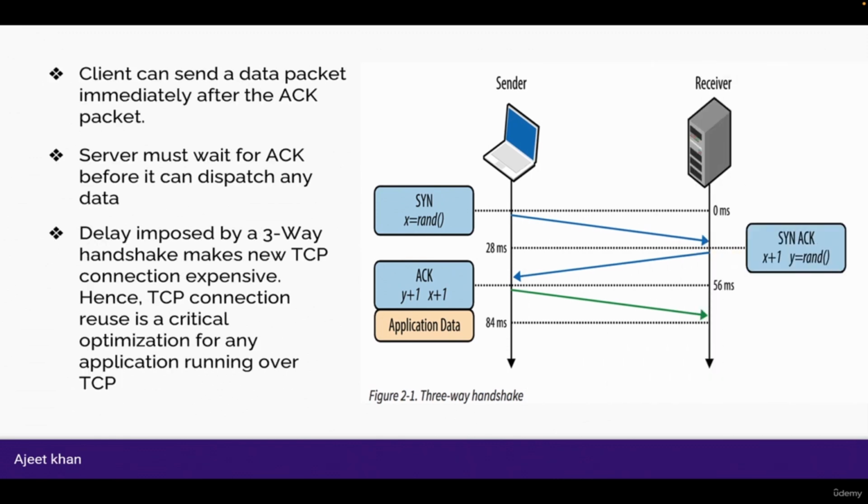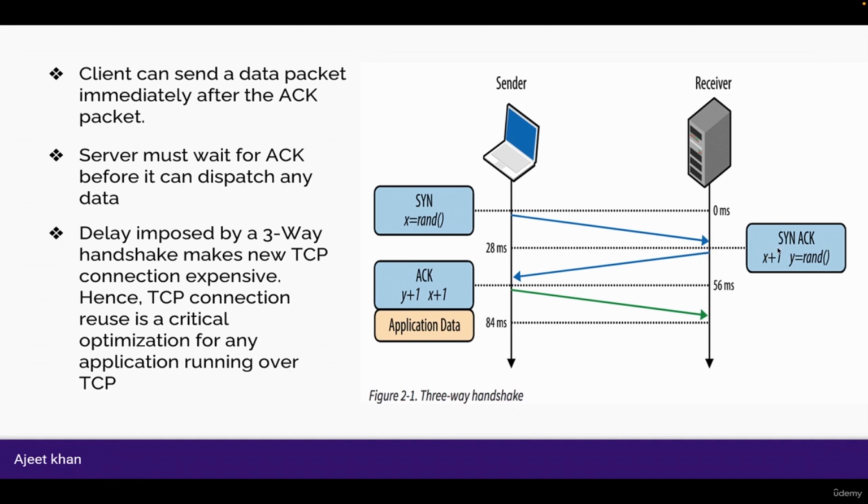Let us see the visual representation of this whole TCP handshake. As you can see, on the left hand side we have a sender and on the right hand side we have a receiver. The sender is sending a SYN packet and choosing a number x, which is a random number. At 0 milliseconds the SYN packet is being sent and it takes 28 milliseconds for this packet